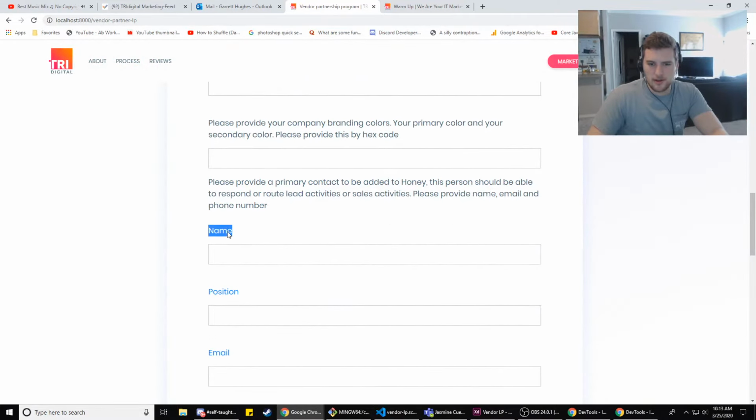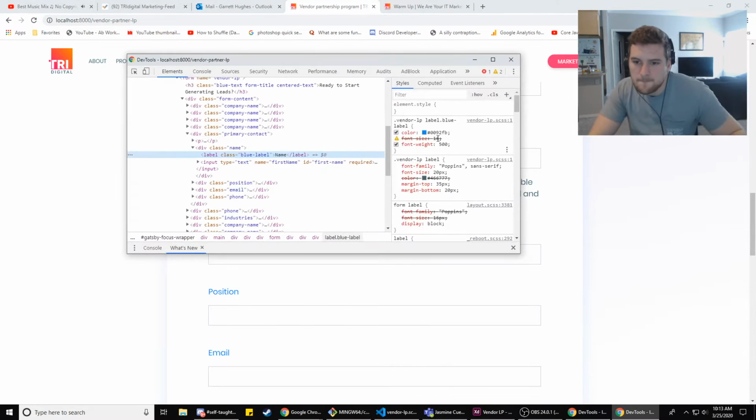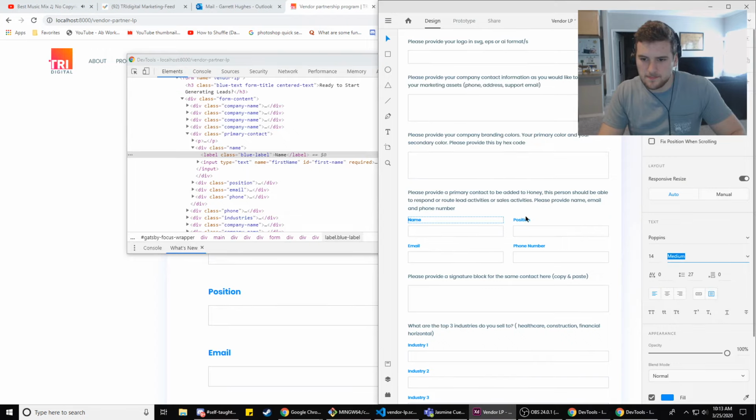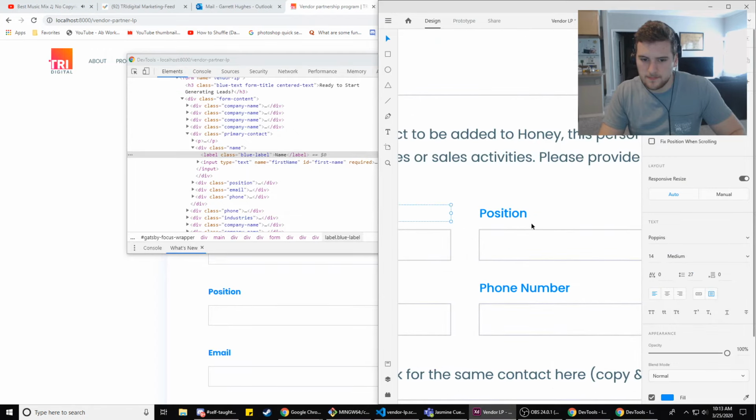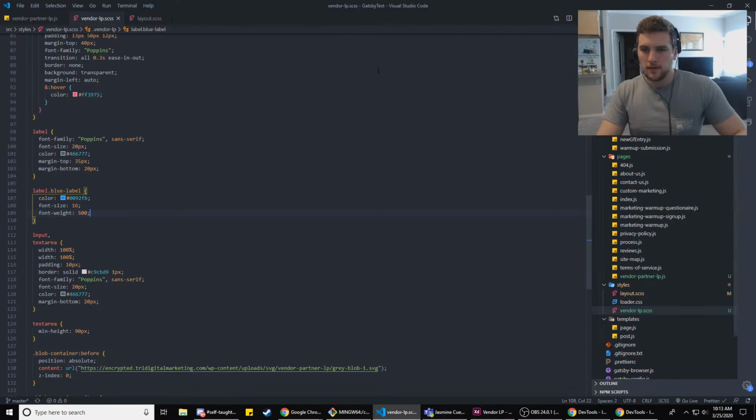So, is this not font weight whatever I need? Does that look right? Not quite. Am I importing? Where did I import stuff?